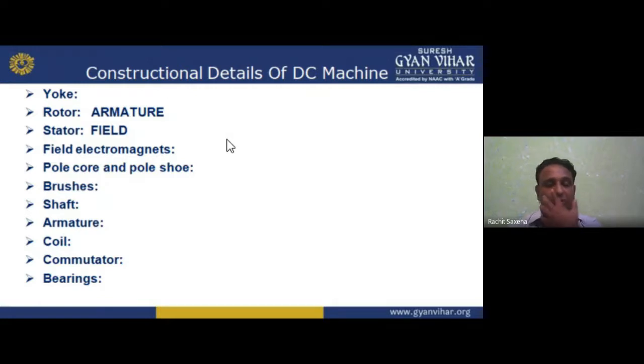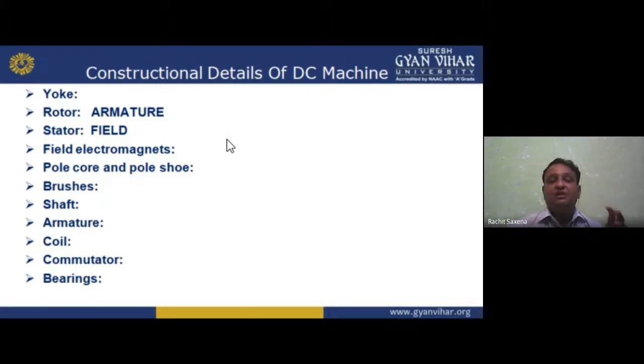Pole core is basically made up of ferromagnetic material. For small machines, cast iron, but for heavier machines we use steel sheets. The pole core is made to carry the magnetic flux, and it is laminated. Why laminated? Because of eddy current loss. Heavy current will flow, so eddy current loss is there. To remove it, we make parallel paths, using varnish between the laminations. Okay, that is the pole.